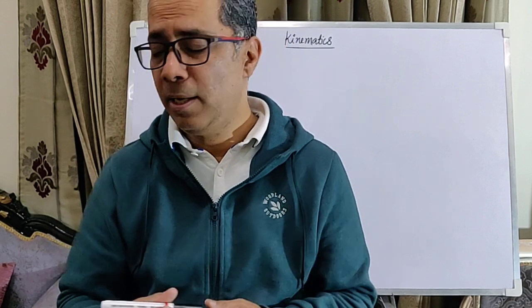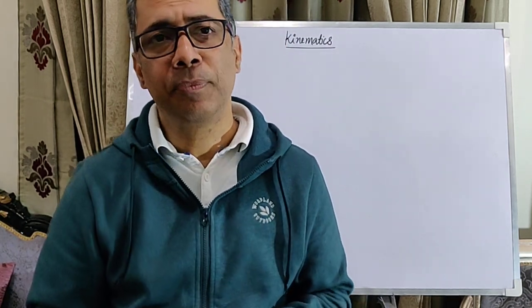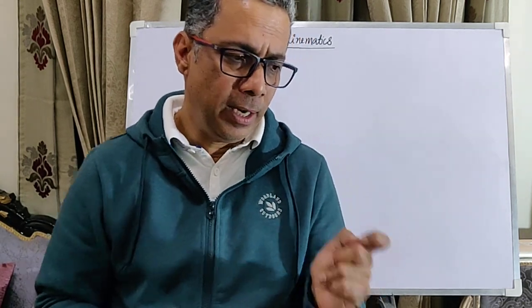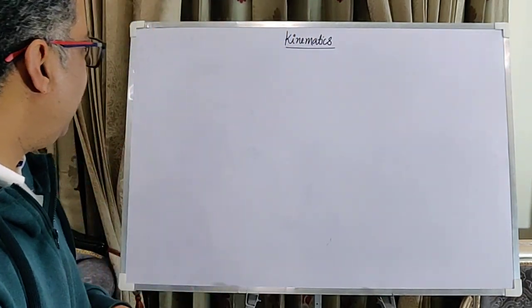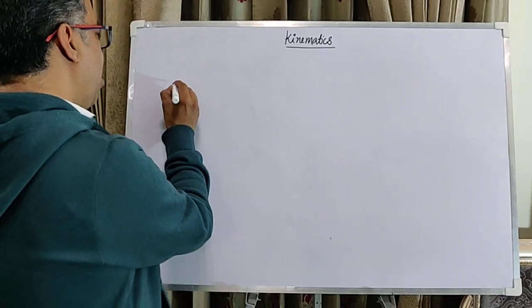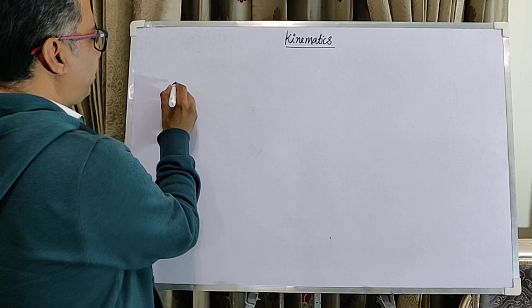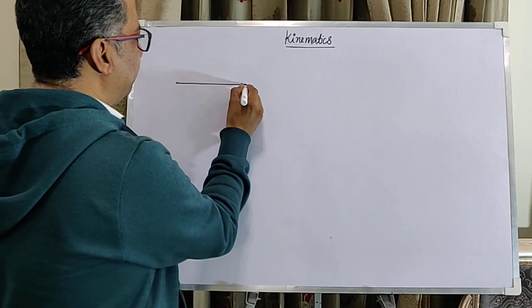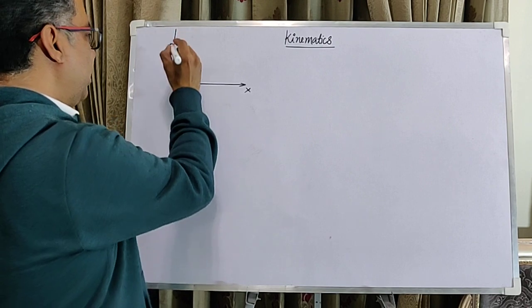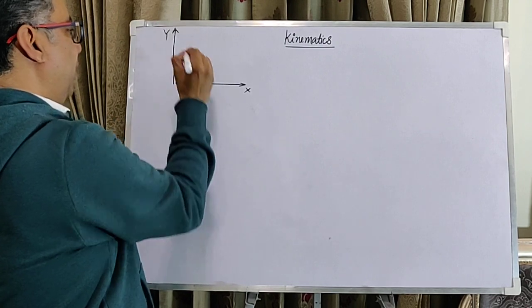Now, how do we study motion of an object with reference to a set of coordinate axes? What we do is we pick up a surrounding object, and on that object we attach three coordinate axes,